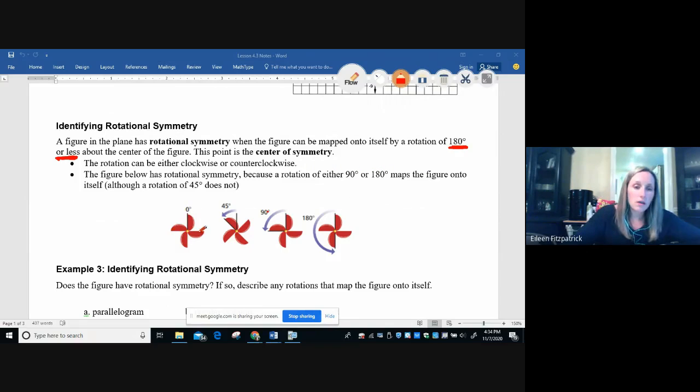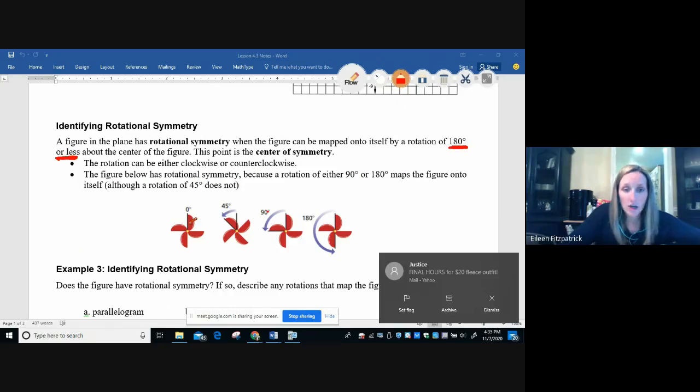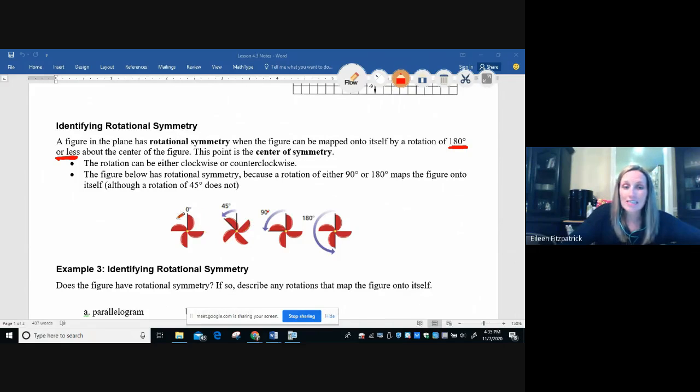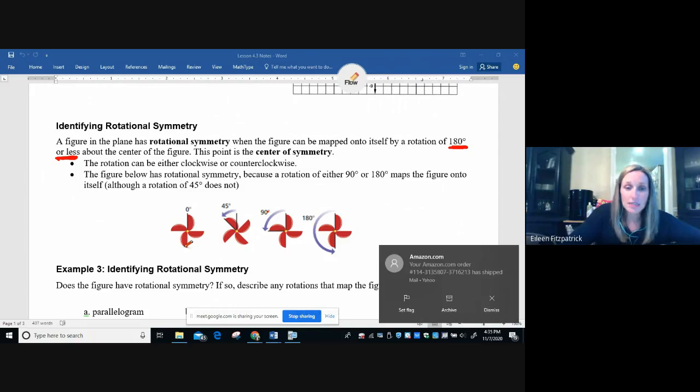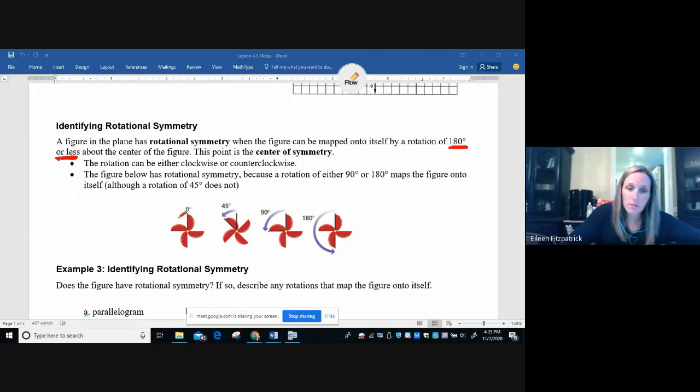So think about this as like they're fan blades, right? If the fan blade rotates 45 degrees, oh, sorry, let me finish reading. Although a rotation of 45 does not. Okay, so if your rotation is 45 degrees, does the result look exactly like the original? It doesn't. Okay, but if you rotate the fan blade 90 degrees, so this fan blade would come down here,